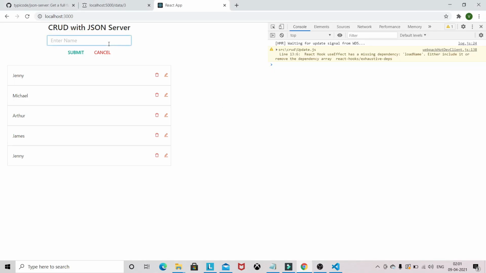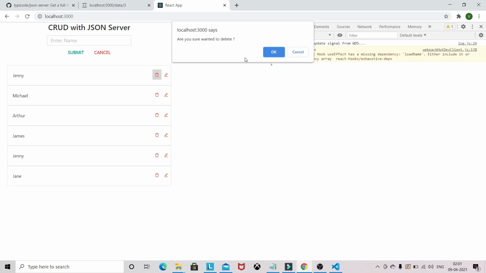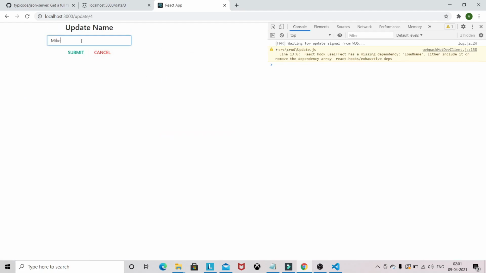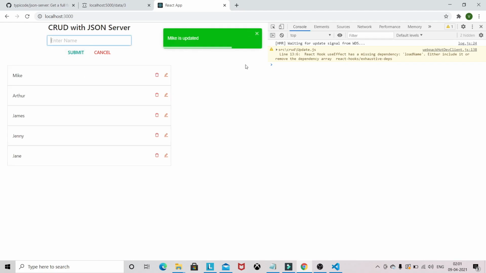We'll do all the operations once more. Here we are able to load the data. Now we are able to create the data as well. Jane is created. Now we are able to delete the data as well, and we are able to update the data as well with our API.